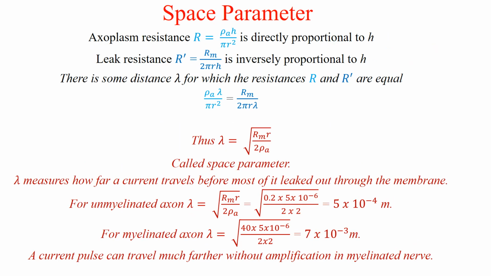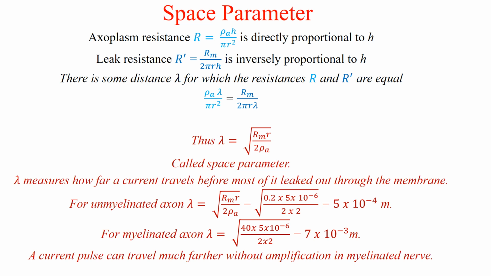In order to calculate by how much distance the nerve current can travel in the axon before it leaks out through the membrane, we need to find what is called a space parameter. A space parameter lambda is a distance that measures how far a current travels before most of it leaks out